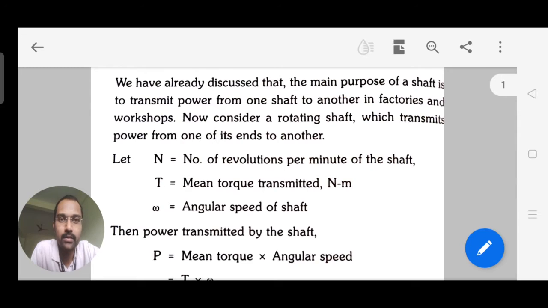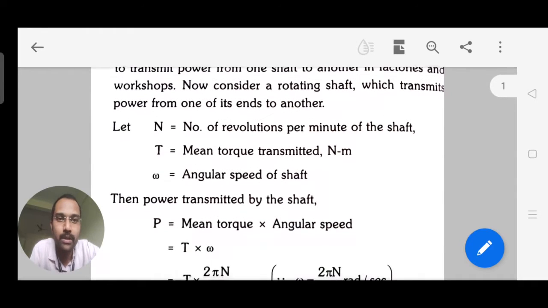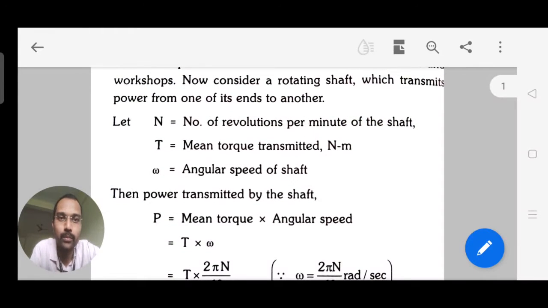As we have already seen, the unit in this case is Newton meter, and omega is the angular speed of the shaft. So we will get the relation for this omega. And finally, the power transmitted by the shaft, P is equal to,